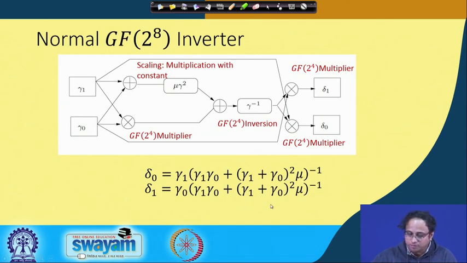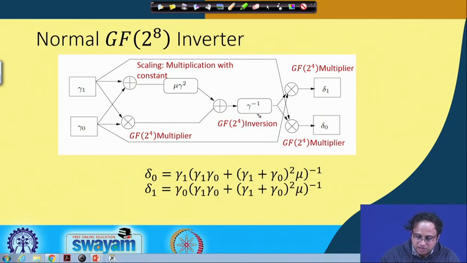Okay. So this operation is what we have seen previously, and is called the squaring and scaling operation. This operation where you are doing a squaring and you are multiplying with a constant is called a squaring and scaling operation. And that is done by this block, where you basically square and you scale, that is, you multiply with a constant. The input is the XOR of gamma 1 and gamma 0, and that is what you are squaring and scaling.